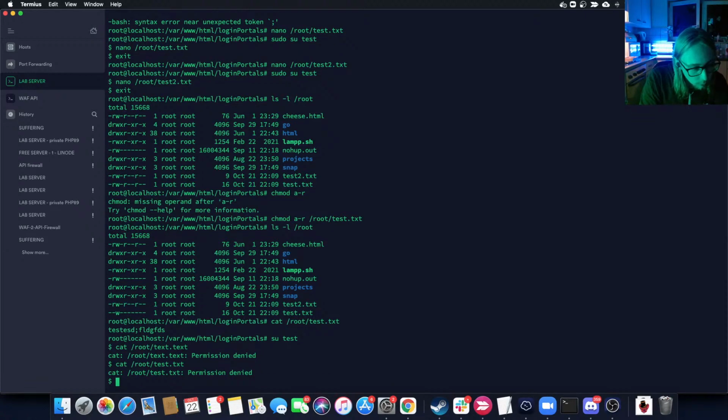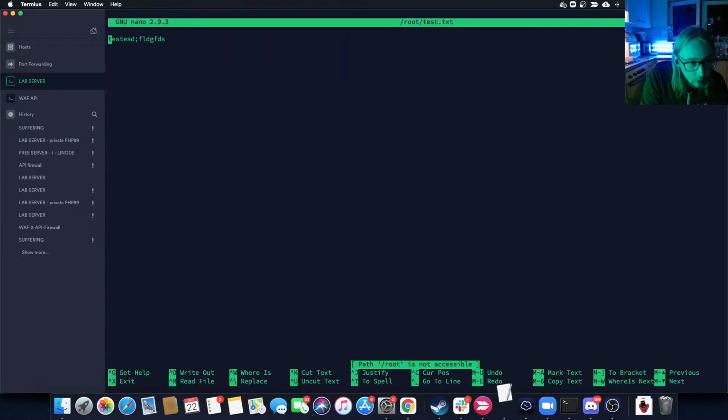cat /root/test.txt: permission denied. Let's try the same thing with nano /root/test.txt. And I can actually enter the file. So that is not good, of course. This is bad. And this is exactly the behavior that I wanted to build for my labs, and I wanted